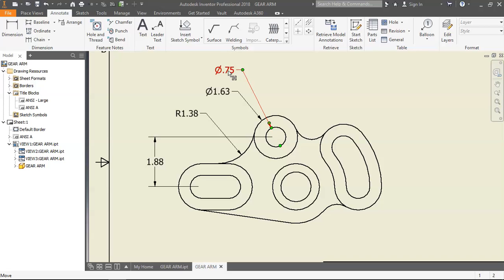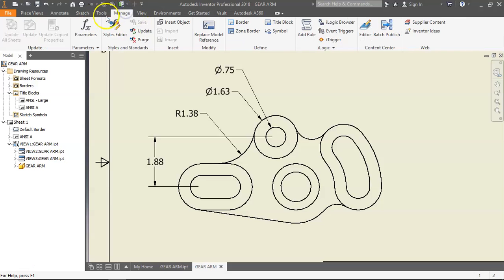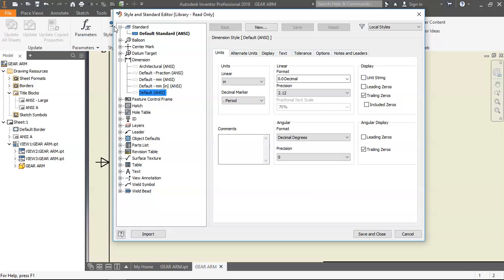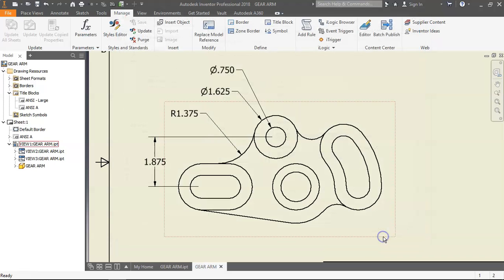So how do we adjust that? Well, one thing you can do is go to Manage, Styles Editor, and go into the default settings for the dimensional standard we're using and change the precision. We're at default ANSI. Change the precision to 3. Now that helps me with this one, kind of, right? We still have to figure out how to do the tolerance,